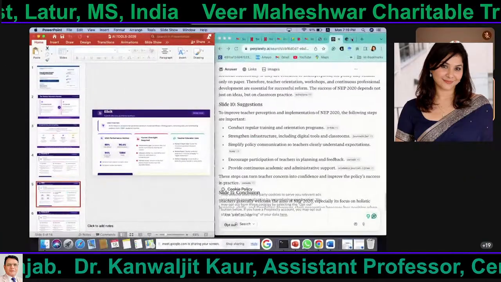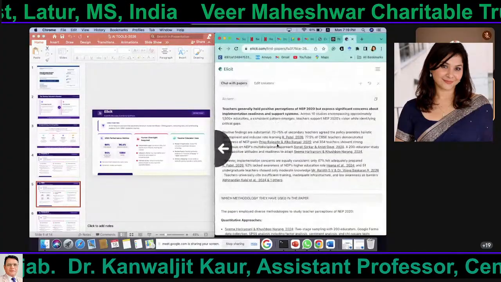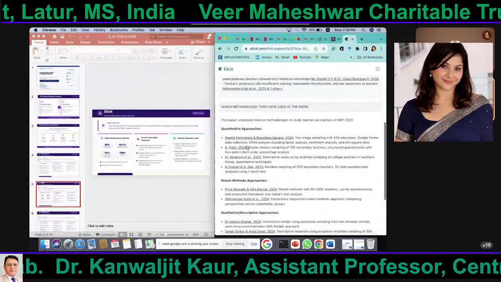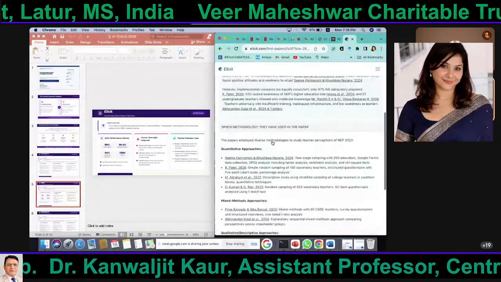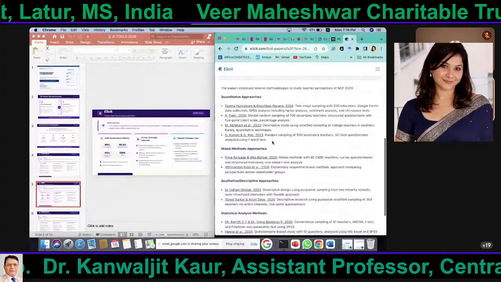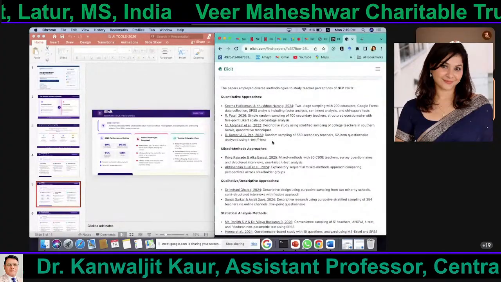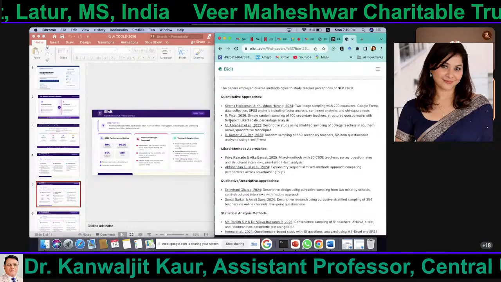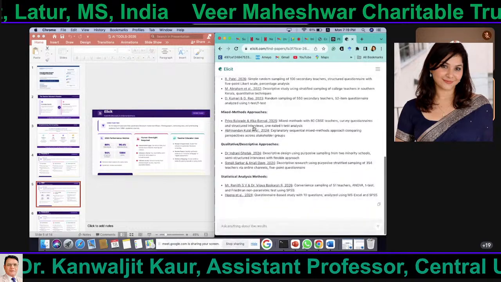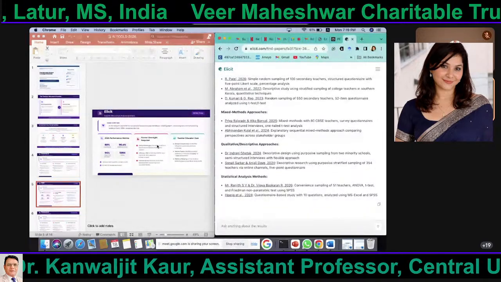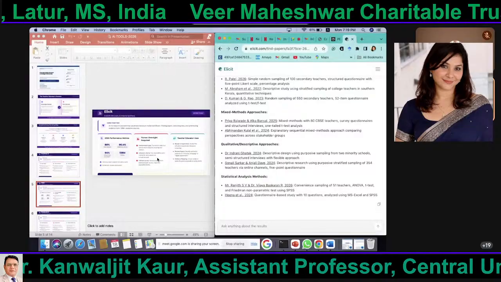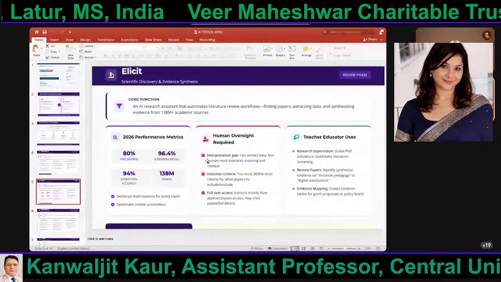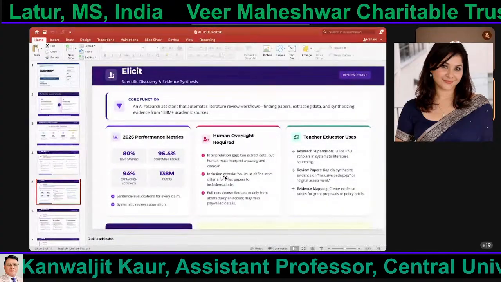Here you see, yes, Elicit, which method you use, quantitative approach, qualitative approach, that we have to see, okay, mixed method approaches are being used. Why do they focus more on the quantitative approach, which approach needs to be done, that should be human oversight. Here it is said that whichever Elicit you use, the inclusion criteria should be mentioned very well.